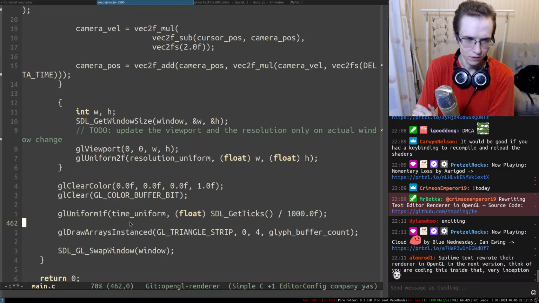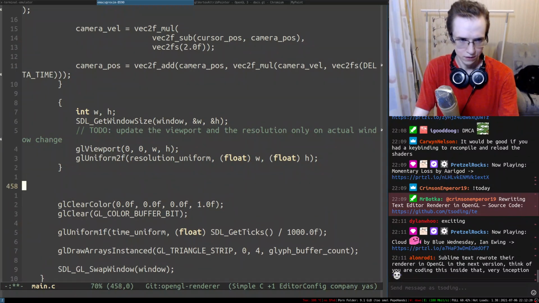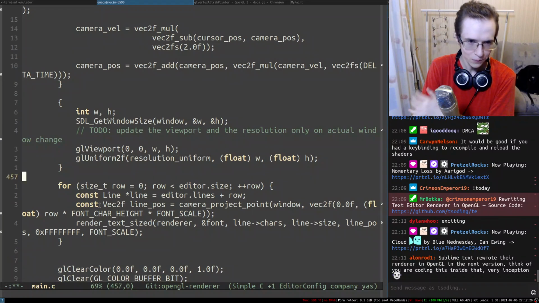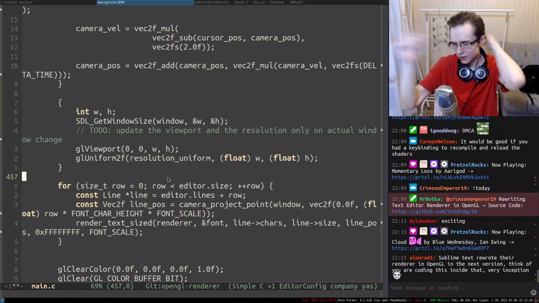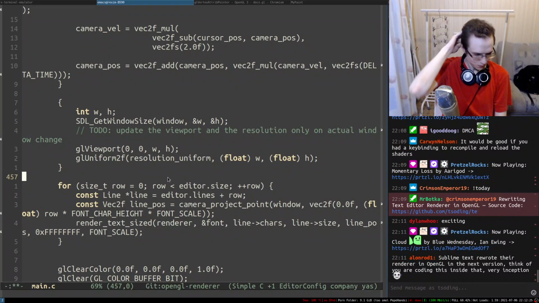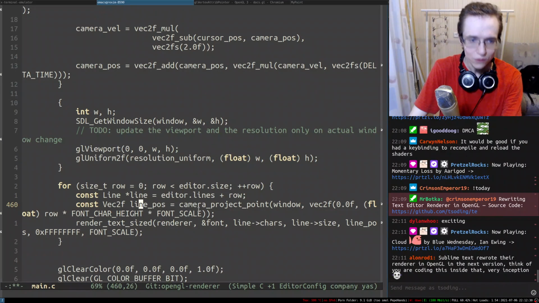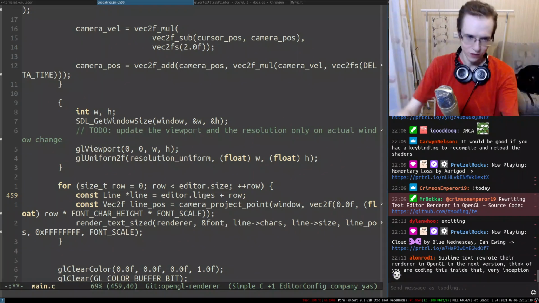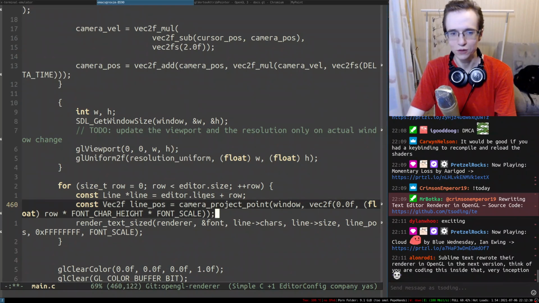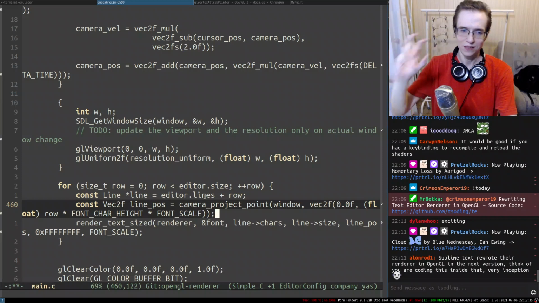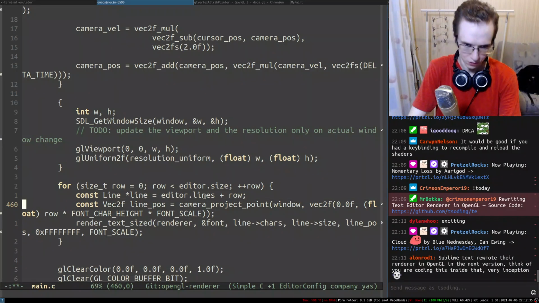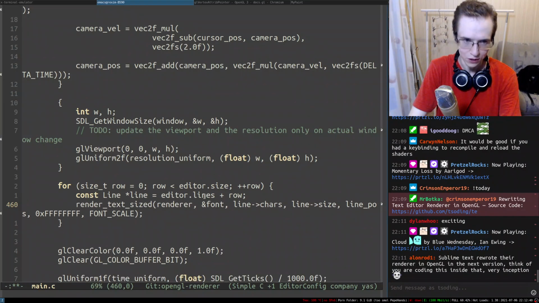Where I wanted to put this entire stuff. Okay, so we set this, set uniform, and I suppose I'm gonna put this in here. So here we're like rendering the rows and whatnot. But we don't even need to do any projections. That's the cool stuff about it. All of that projection mapping is already implemented in a shader, which is kind of cool. So we want to move it in here.